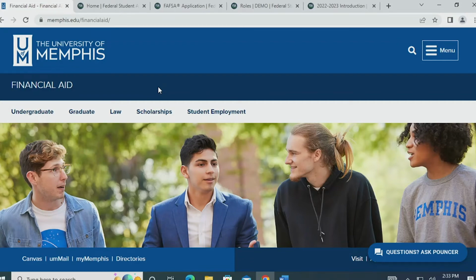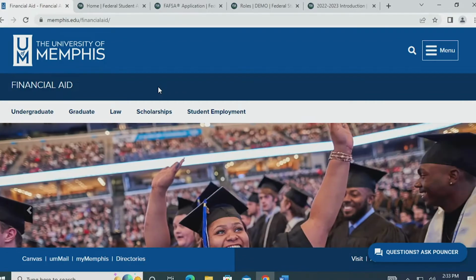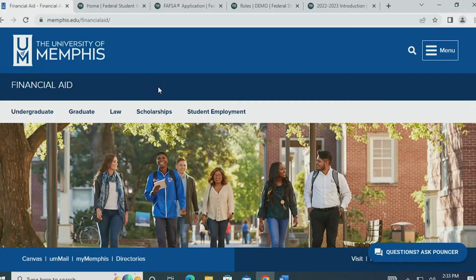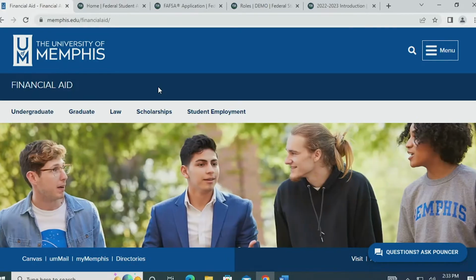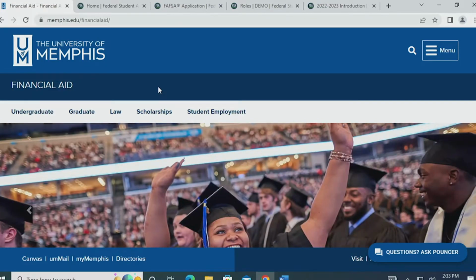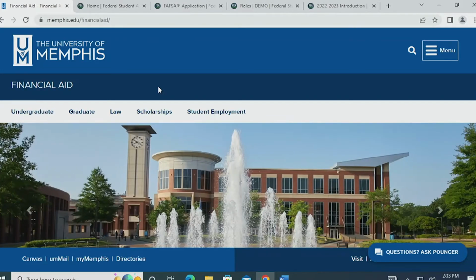One of the most important things to think about when considering your options to continue your education after high school is how much it will cost. Fortunately, there is help with paying for your education for eligible students through institutional scholarships as well as federal and state financial aid programs. To determine eligibility for financial aid programs, students will need to complete the free application for Federal Student Aid, or FAFSA, which is available in both English and Spanish.